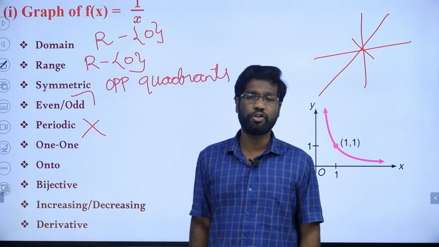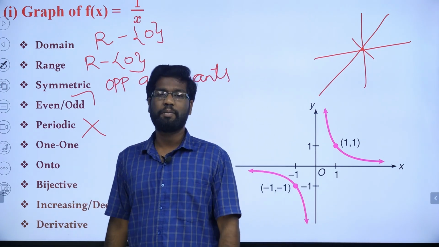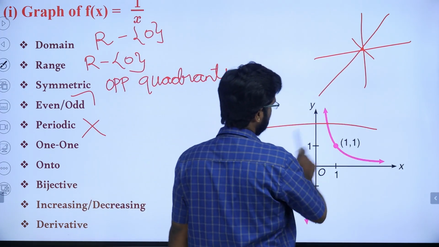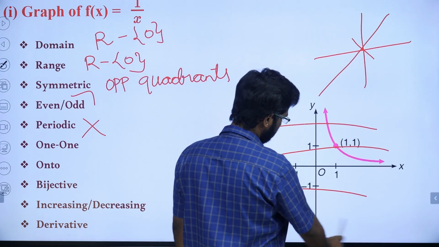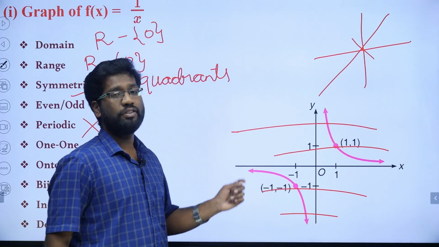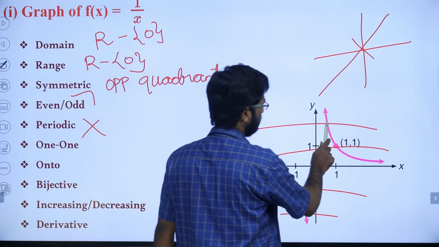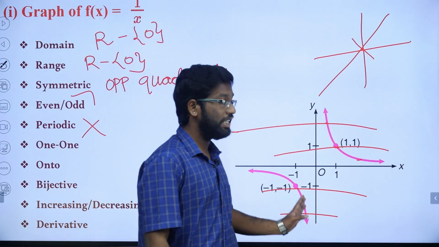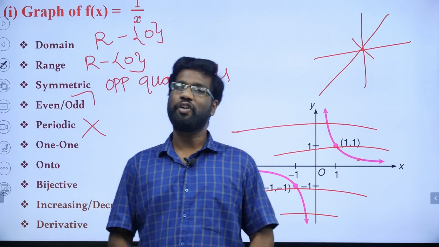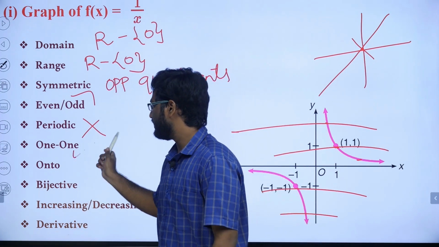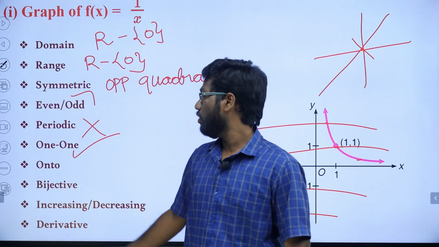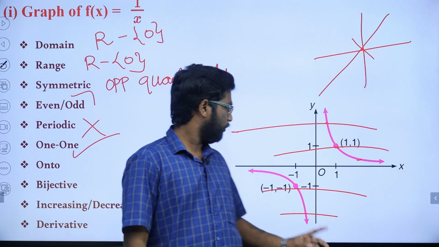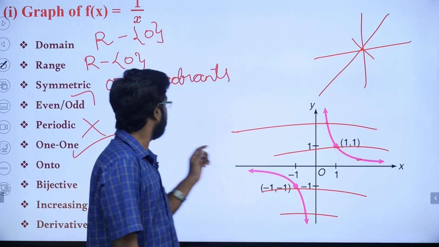Then one-to-one and onto function. What is a one-to-one function, my dear students? Already I have explained to you how to find it from the graph. If you draw a horizontal line, and it cuts your graph at exactly a single point, then your function is a one-to-one function. Otherwise, this is not a one-to-one function, my dear students. So this one is a one-to-one function. And onto function, my dear students. How to find whether it is an onto function or not? To find that through the graph,